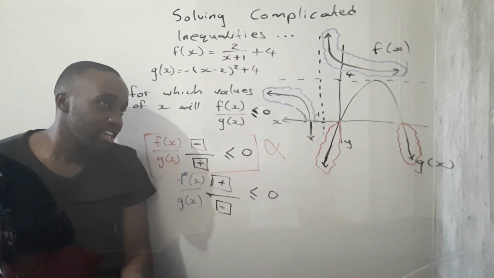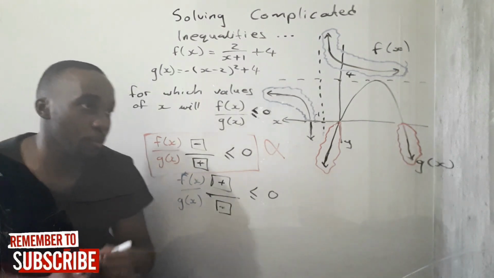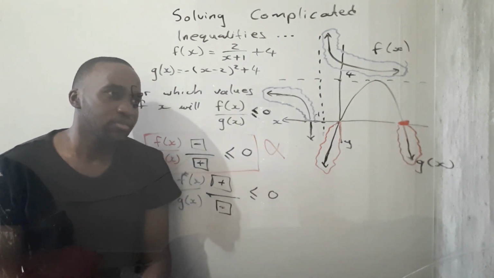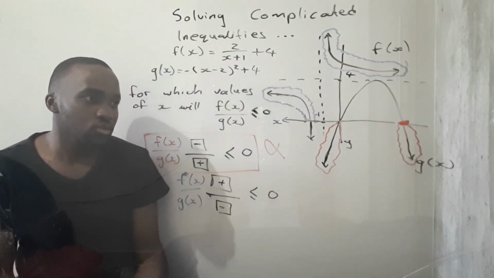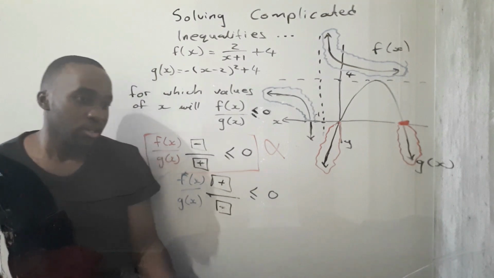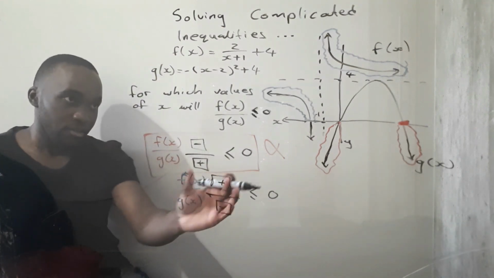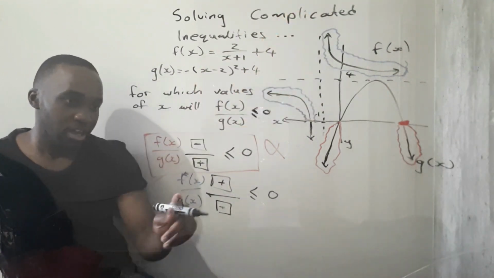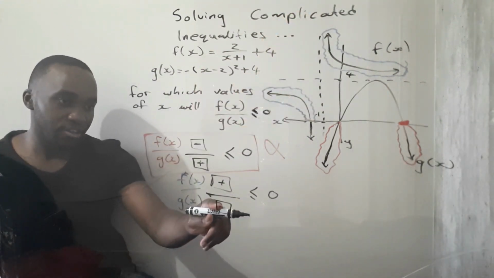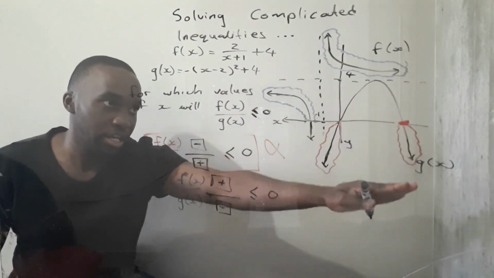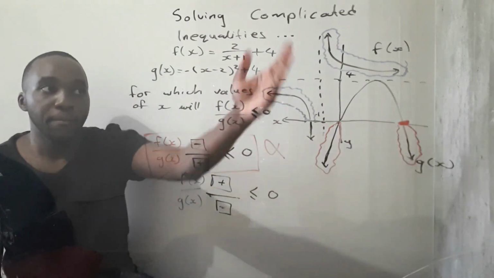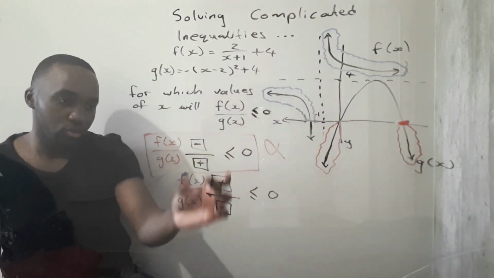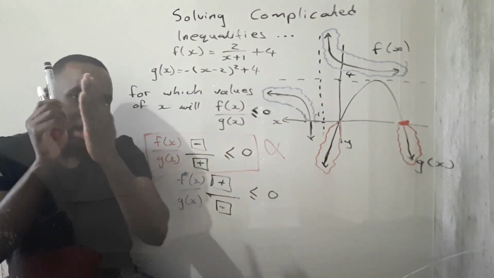So we can clearly see that that's occurring from here, whatever this x value is, which we will definitely need to work out quickly. We know that our graph of f has positive y values on the blue parts. Our graph of g has negative y values here and here. So we want to map out a portion within our Cartesian plane where both scenarios are occurring at the same